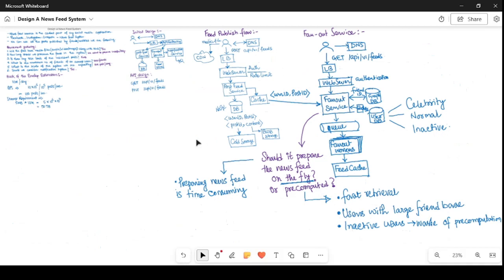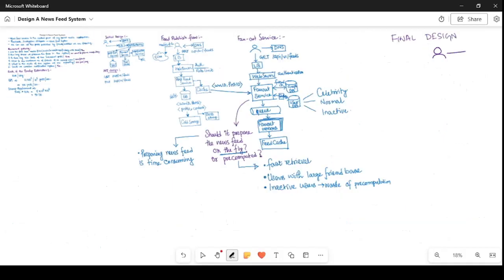Now it's time to summarize the entire session and prepare the concrete, scalable, resilient newsfeed system design. User will consult with DNS. It can either send a post request or a get request. For both the requests, it will go to the load balancer. Load balancer will pass the request to one of its web servers. Web servers are responsible for authentication and rate limiting.